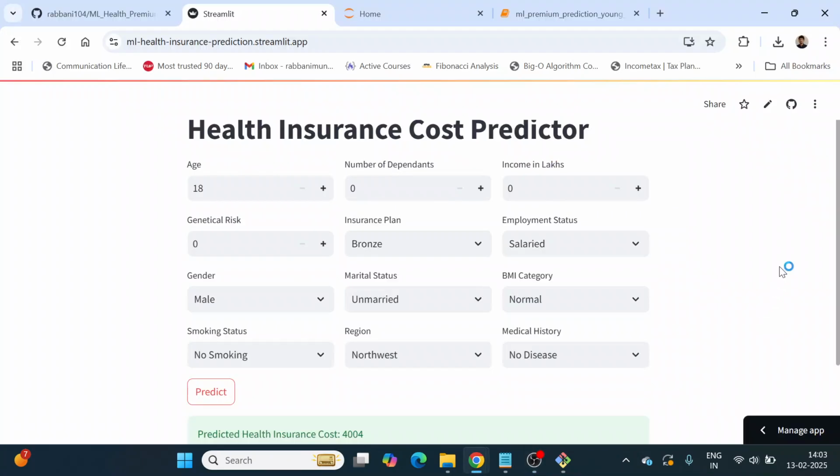Hi everyone. In this video, I'm going to explain a project that I have recently completed as part of the Code Basics Data Science Bootcamp. The goal of this project was to develop a machine learning model that predicts the insurance cost based on various factors that you can see here: age, number of dependents, income in lakhs, and genetic risk. Based on all these factors, the machine learning model is going to predict the insurance cost of the